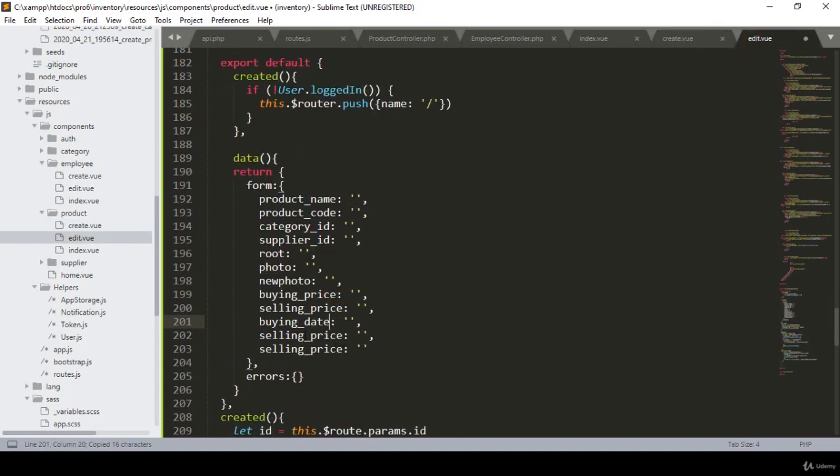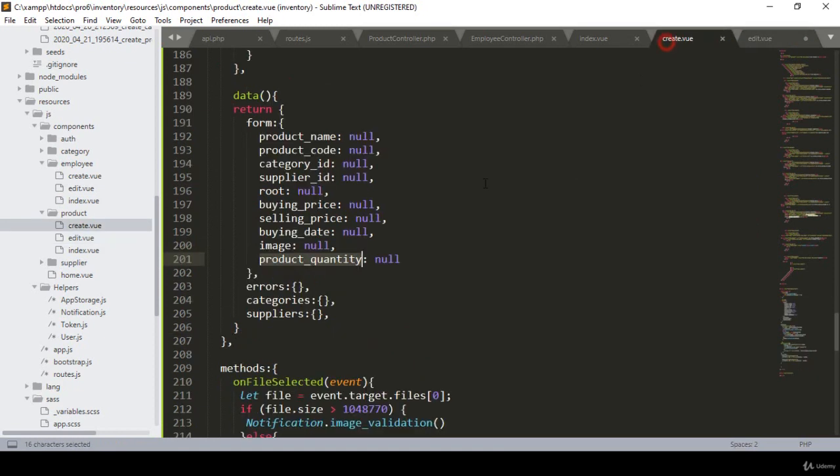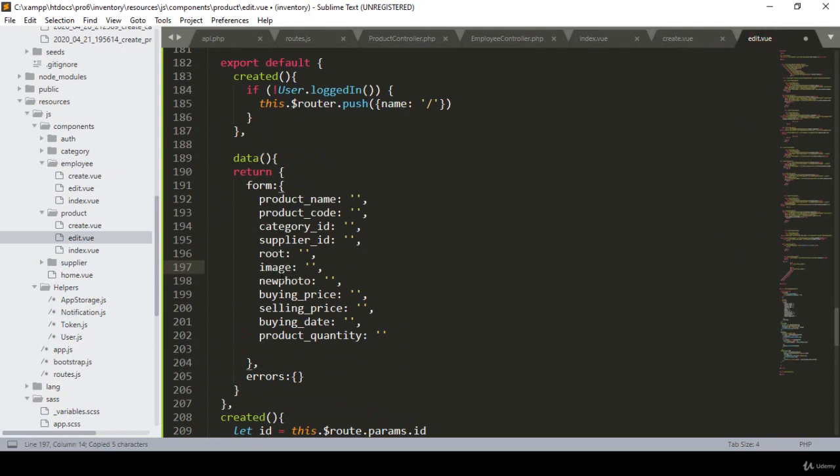So I just simply copy it and here I define the product quantity. Right now we don't need this, so I just simply remove it, and also remove this comma. And into the product photo, that means here I have defined that field name as the image, right? So now I just simply define it as an image, and also I want to define another one as a new image. As I told you before, when you upload a new image, automatically our old image will be replaced, and also